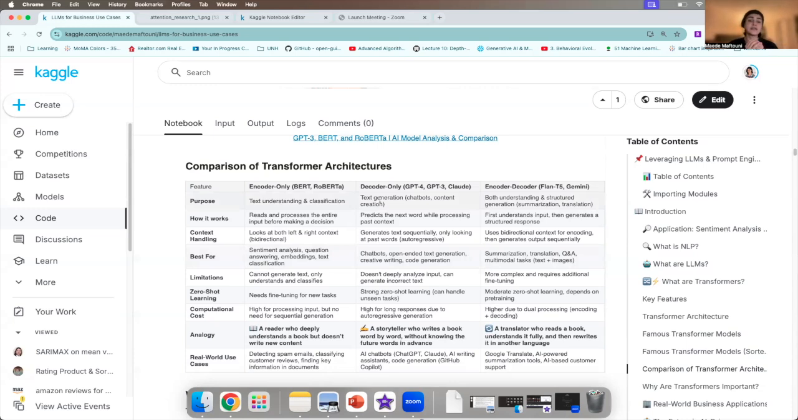We also have decoder-only models like ChatGPT and Claude. They are basically storytellers. They generate text word by word without thinking about or looking into the future. They are very good for chatbots and creative writing and for generative tasks like code generation, text generation, and all that. We also have encoder-decoder,